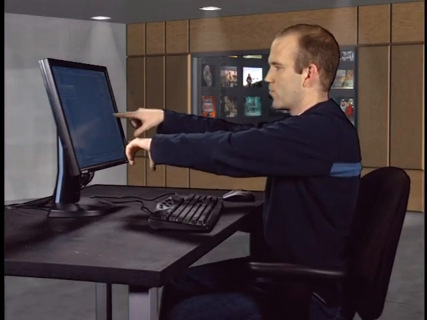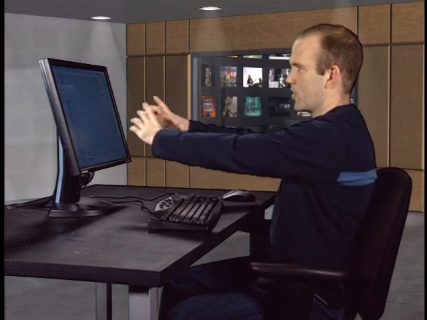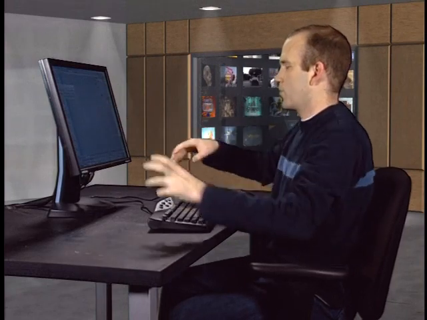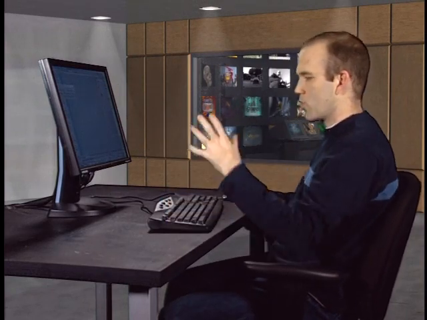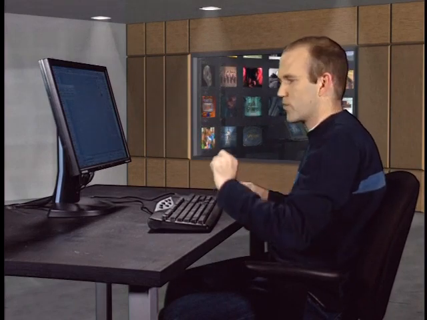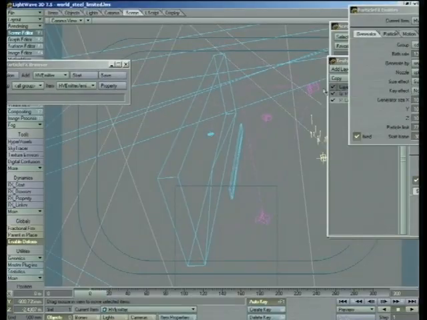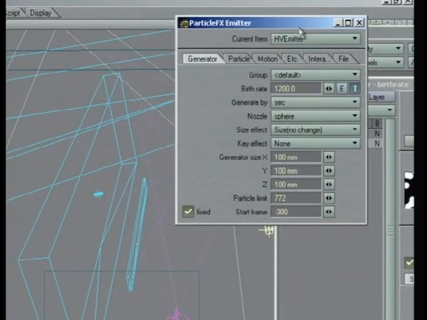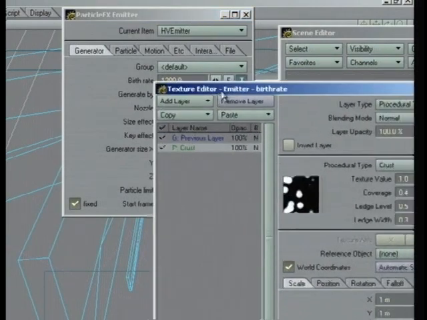So there's places where the particle generator is going to go through a big old blob of white, and then it's going to go through a lot of black, and then another blob of white, another blob of black. Where it goes through white, it spurts out particles. Where it goes through black, it doesn't spurt out any. I'm controlling how much it's going to do based on the number that I've given in here in the birth rate, 1200, and I'm also controlling it